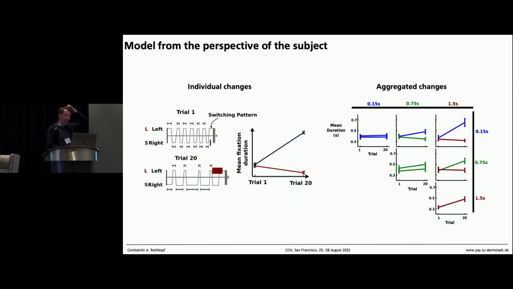Okay, let's just look at this behaviorally. Here's data from one single participant, and you can see, yes? In the first trial, they looked equally at the two sides. They spent equal time at the two sides. And then they shifted their behavior so that they looked longer at the short event duration side. And if you think about it for a second, it makes perfect sense, right? Because then you're bound not to miss. All right, so behaviorally this works out. We have 6 combinations of short, medium, and long duration, and we see that there is an effect.